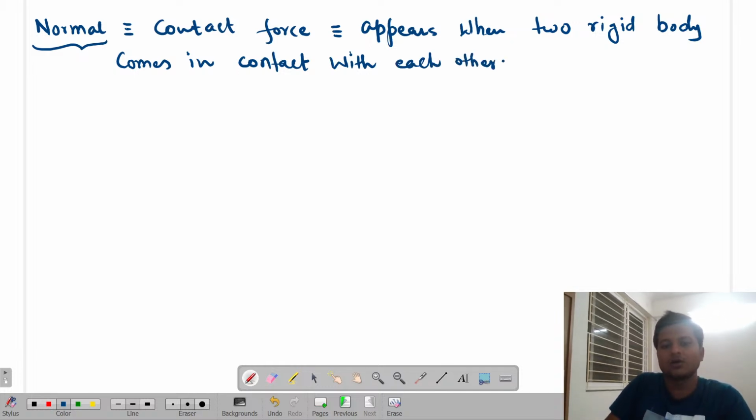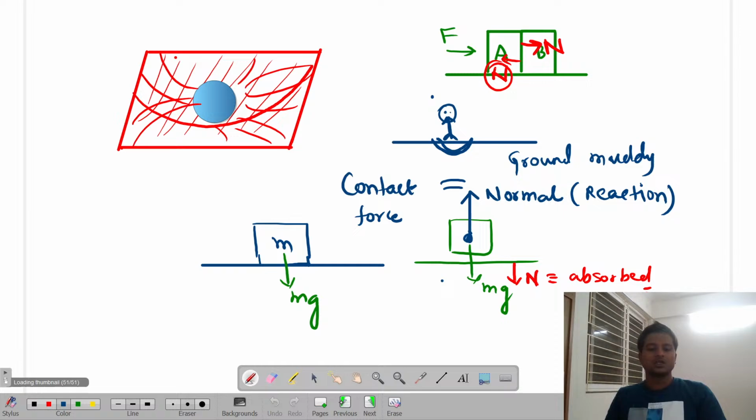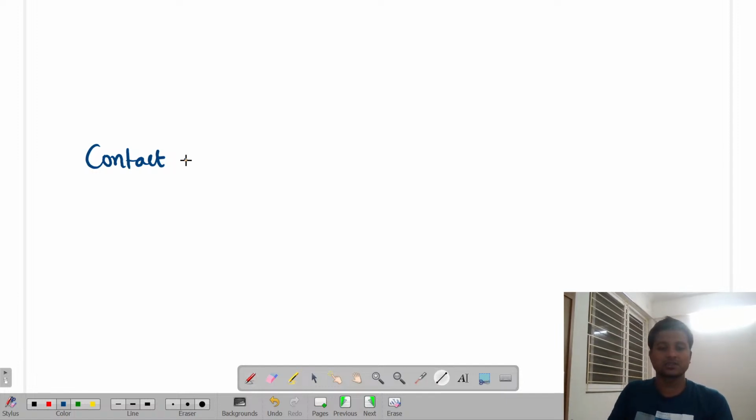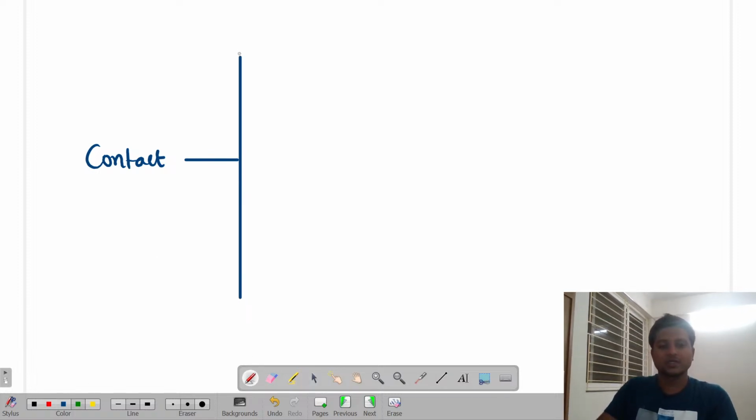So basically, I'll tell you all these forces beforehand only. The contact forces are divided into categories. How many categories? Four. Okay, I'll show you which are those. The first one is,